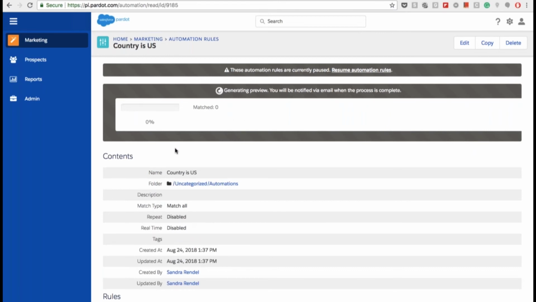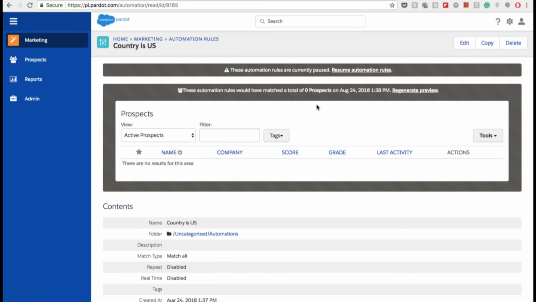So when we create an automation rule, whenever the new... okay, I just forgot to add the action. So we can say assign prospect to a user, and then the user will pop up and we'll select the user. So any new prospect that has the country United States and the city is not empty, we will assign to this particular user. And then we created the automation rule. So any new prospect that comes in and matches this rule